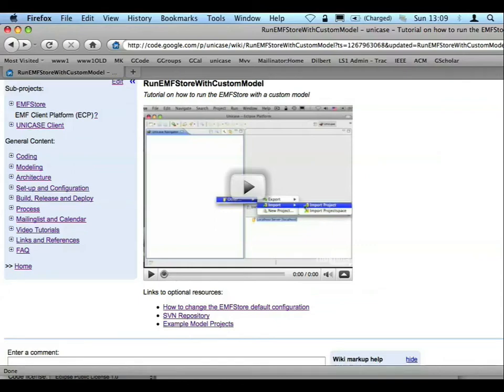Hi, this tutorial will explain how to run the EMFStore with a custom model. I will take the library model as an example. We have already configured that model and prepared it to run with the EMFStore in previous video tutorials. If you didn't do that or you don't want to do it, you can just download the example model projects